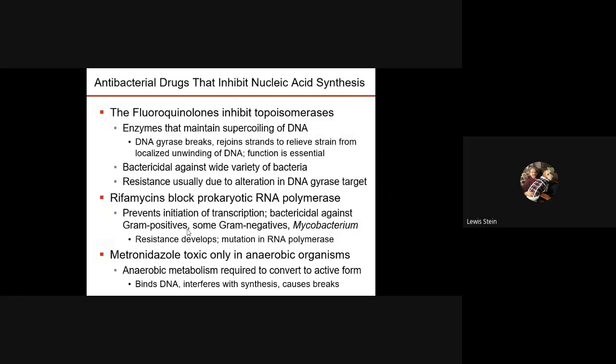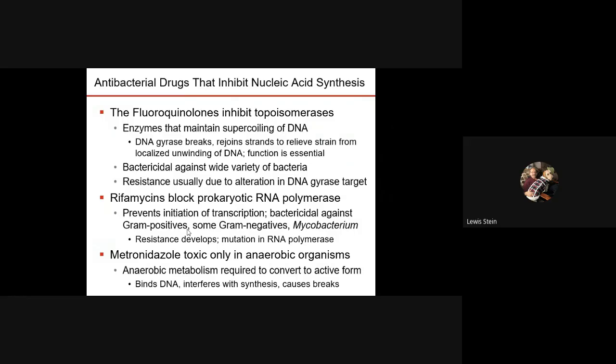Yeah, it is the drug of choice for C. diff, barring somebody being allergic to it. They'll tell you about different problems. Biggest problem is headache. It's an interesting agent because it's not just an antibacterial agent. It's also an antiprotozoan agent. There aren't a lot of these that cross from prokaryote to eukaryote like that. It's because it targets anaerobic metabolism.